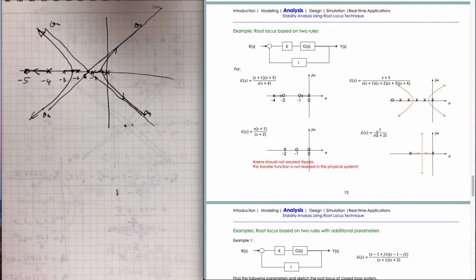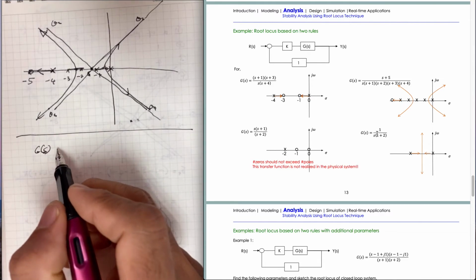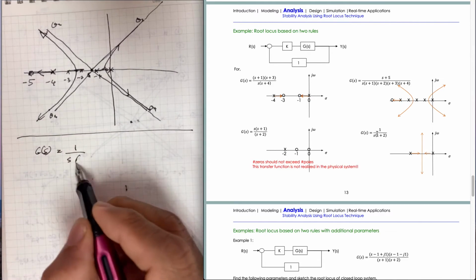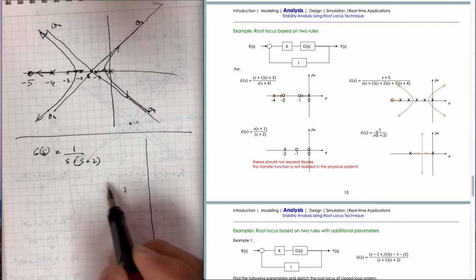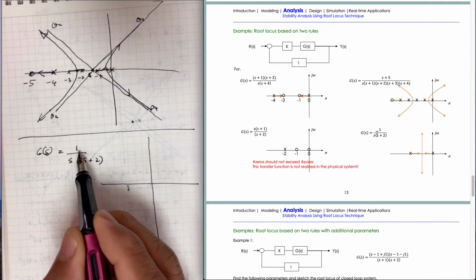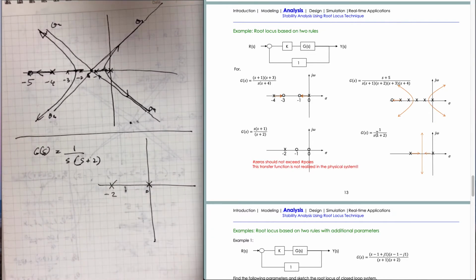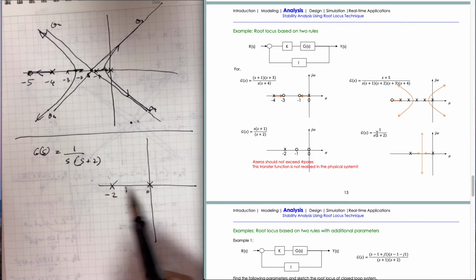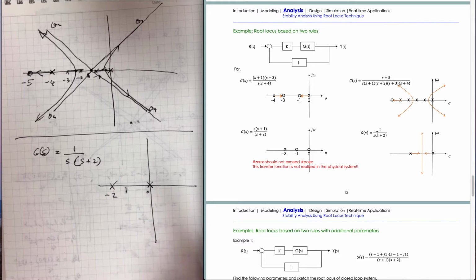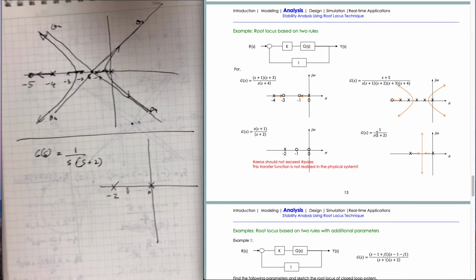So in this case, let's see the next example. G of s is equal to 1 over s plus 2. Now we have two poles, zero zeros. So one here, one here, right? Looking at this, do we have the asymptote? Yes, because they are not a complete pair. Two poles, no zeros. So these two poles will find zeros somewhere in infinity,